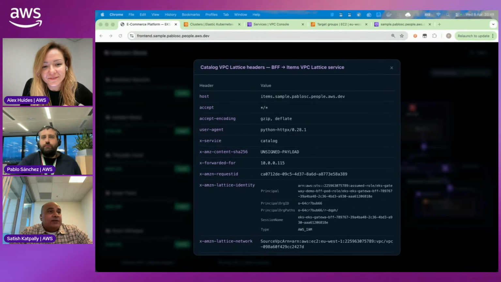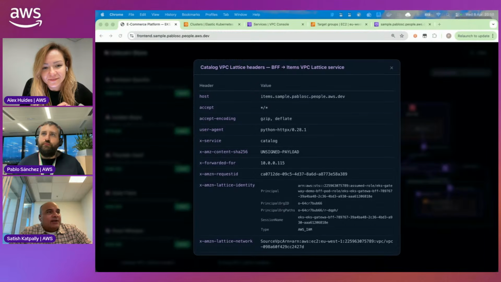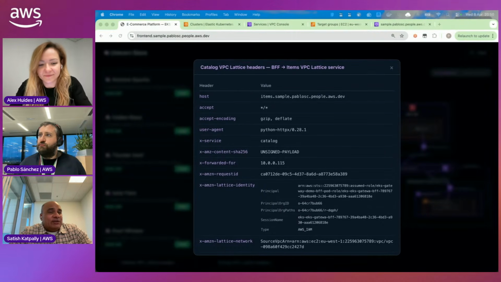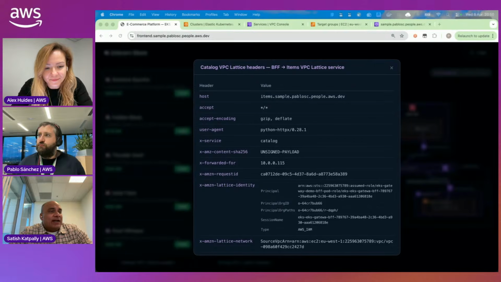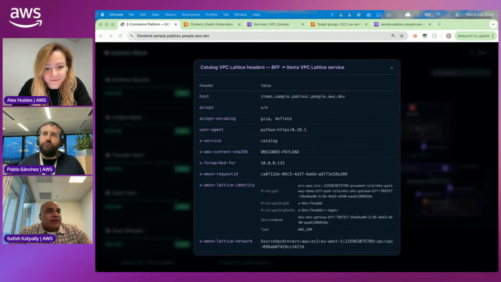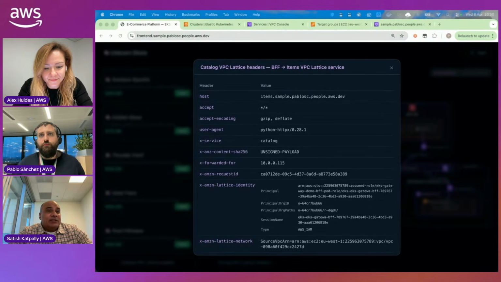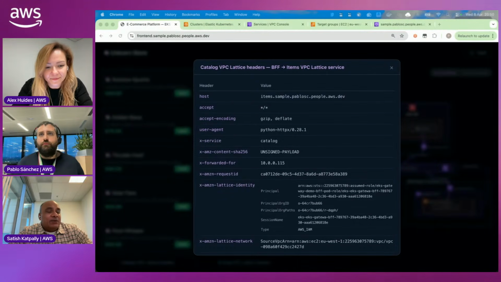We did one better too. In addition to that end user auth header token, the JWT token that's in the auth header, right? If you're going from a north-south ingress to a backend service in a different VPC or a different account, but you also want to make sure that the backend is only receiving traffic from authenticated Lattice services, then you can say, we're going to add our SIGV4 signature on top of the auth header as well, and we can add that to the query string.